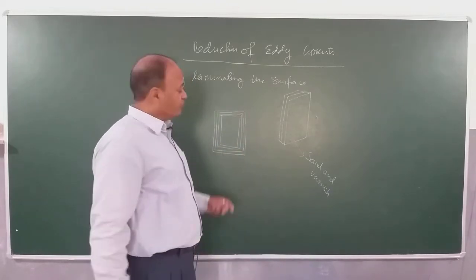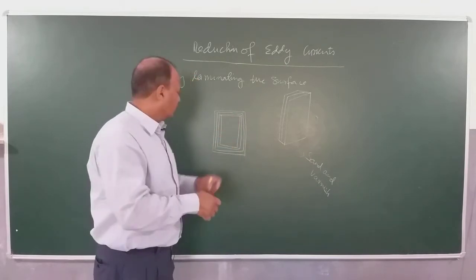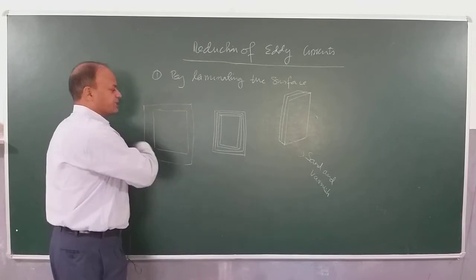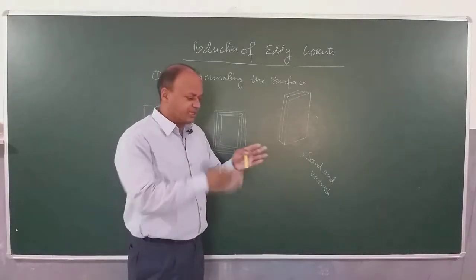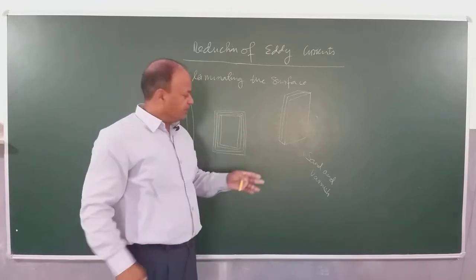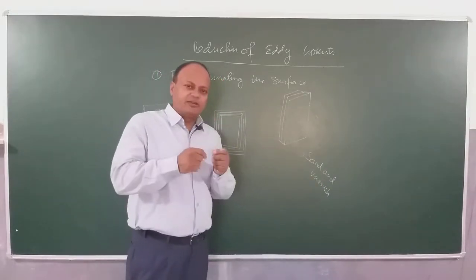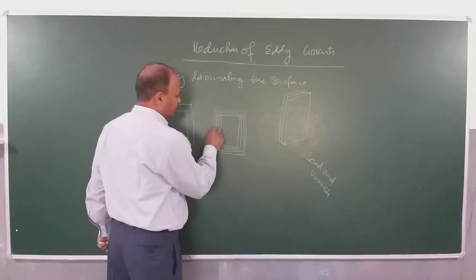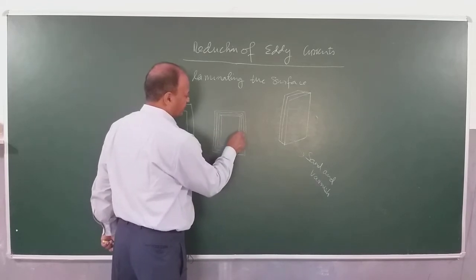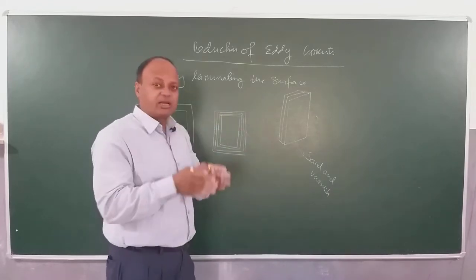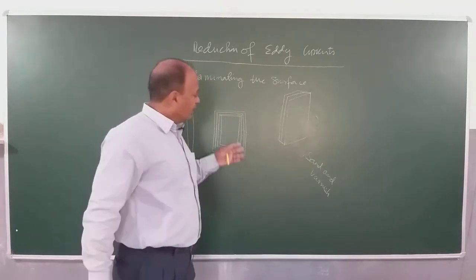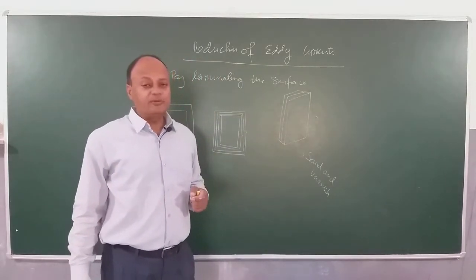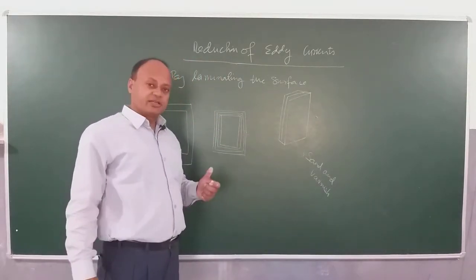and each plate is laminated. In a transformer, we don't use a solid block. No, we don't use a block like this. If you use a block like this, you will have a tremendous amount of eddy current. So I'll take a number of plates like this and laminate all these plates, meaning I put the coating of sand and varnish with some iron filings, and then I'll put a number of plates together and join them. I'll bind them here, here, and here. So it's as good as having a single block, which will become thick and will have a greater surface resistance. So this will minimize the eddy currents on the surface.